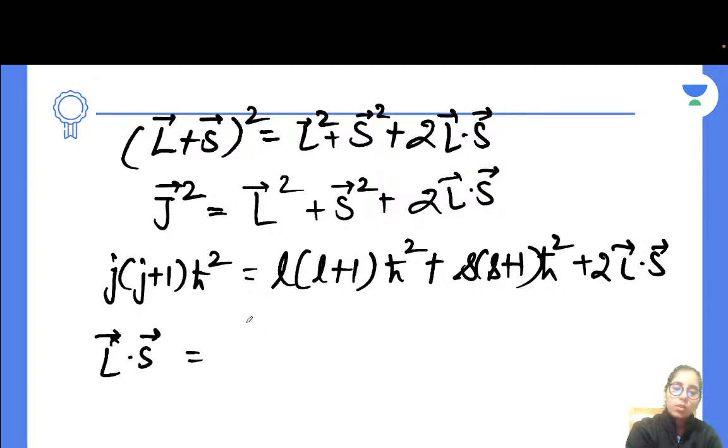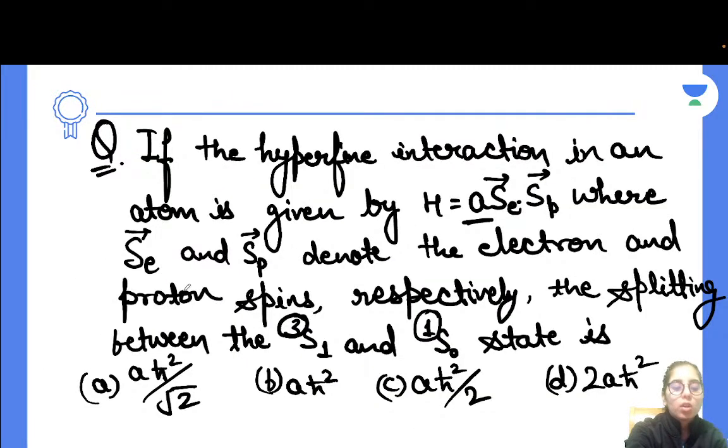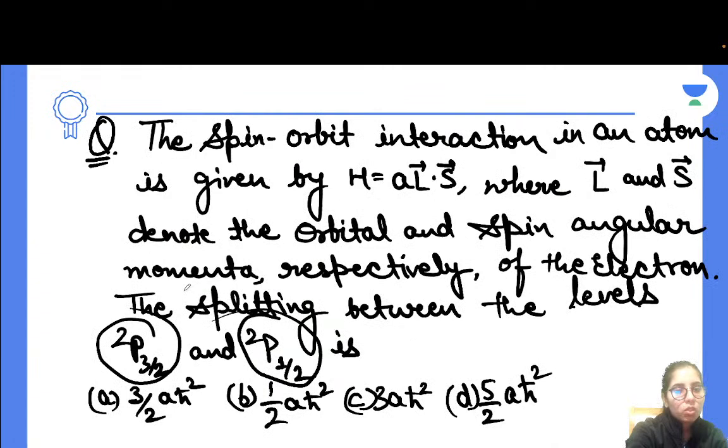Done. That's going to be, just take this on the other side and divide by 2, and this is how you are getting the values. You can take the J, L, S values with the terms which have been given to you here. So from these terms you can get those values. This is how you will be getting option A to be correct, which is 3 by 2 ħ squared at the end. Rest of the calculation process will be same as we have done in question number 1.